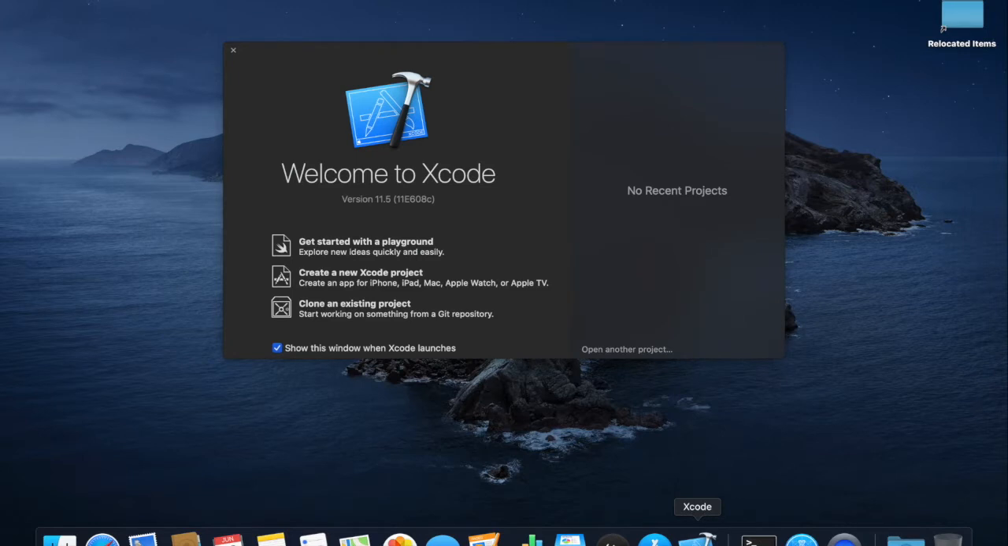So the very first thing we'll see is our little welcome screen. We get to choose whether we're going to start with a playground or a new Xcode project. We're going to pick new Xcode project. If you're following along with the app development with Swift curriculum, you'll be using a lot of Xcode playgrounds to just try out the Swift programming language. So if we choose to create a new Xcode project here,